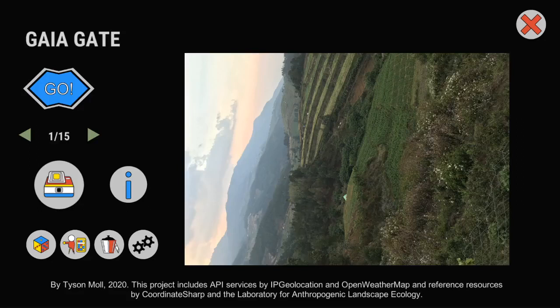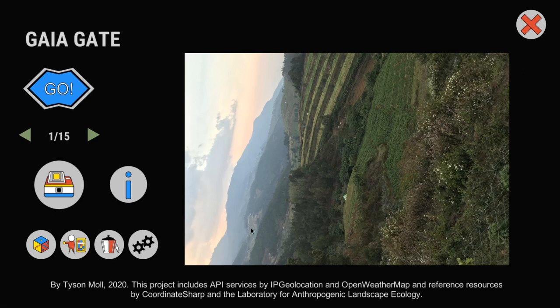My name is Tyson Mall, and this is my thesis project that I completed for my Master's of Design thesis at OCAD University in 2020. Basically, GaiaGate is a project that combines two elements. First, a camera that captures content and data around the scene of the photograph and embeds it into the photograph itself. And second, a game component that extracts these parameters out of these special photographs and uses them to create a game or game levels.